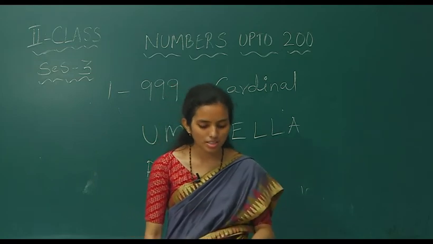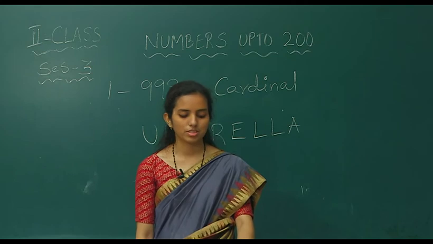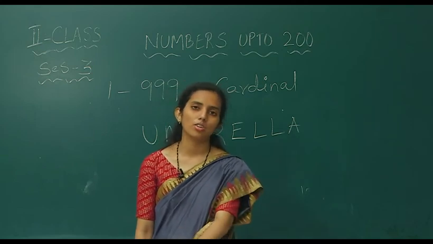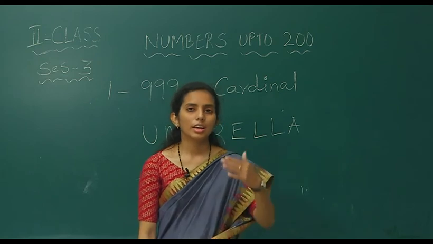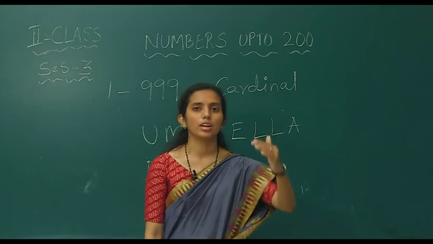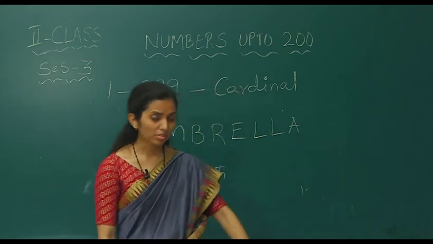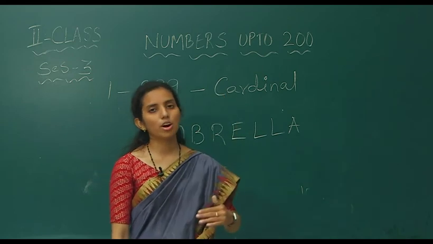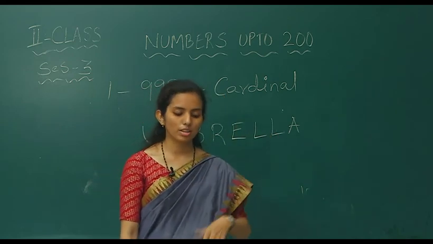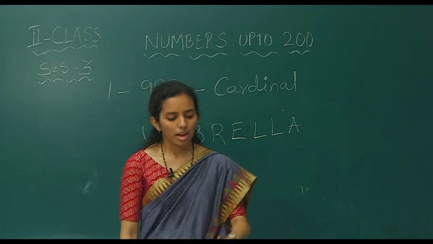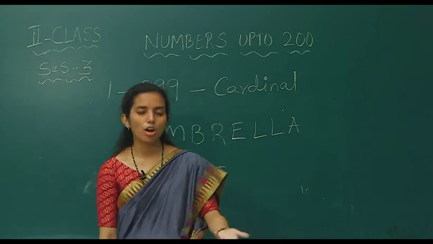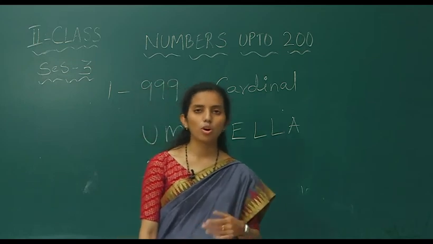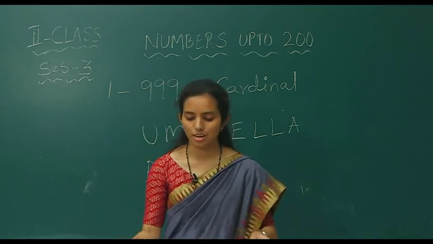And next one is to arrange the following numbers in increasing order and decreasing order. You know it very well. Increasing order means ascending order, that is from small to big. Descending order means big to small, that is decreasing order. And fill in the blocks with the correct number, that is odd numbers and even numbers. You know how to write odd numbers and even numbers.